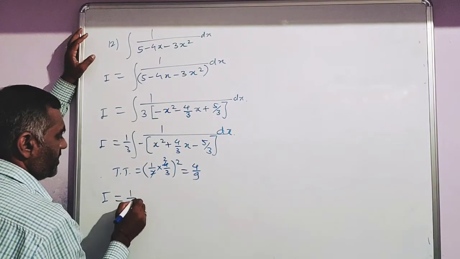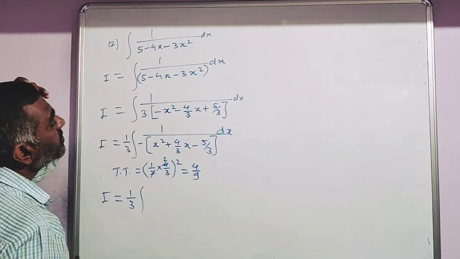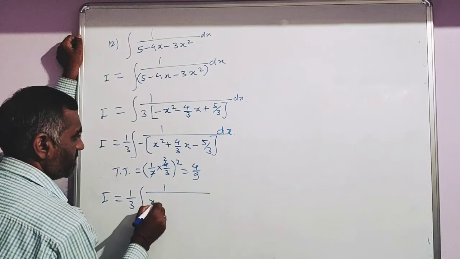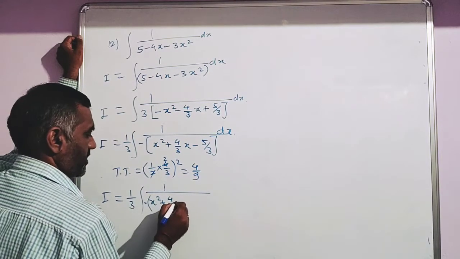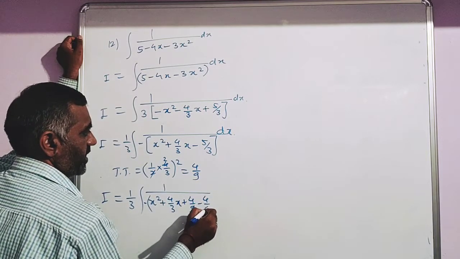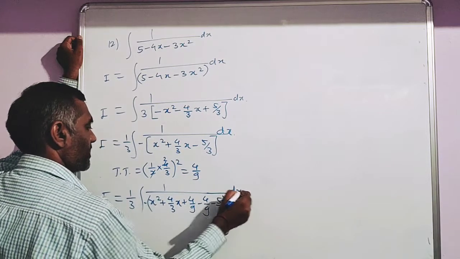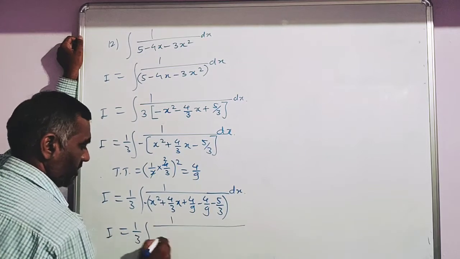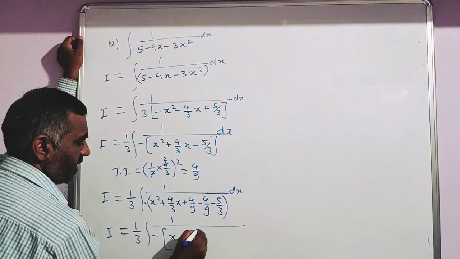I is equal to 1/3 into the integration of 1/(x² + 4/3 x + 4/9 - 4/9 - 5/3) dx. Therefore I is equal to 1/3 into the integration of 1/(-[(x + 2/3) whole bracket square